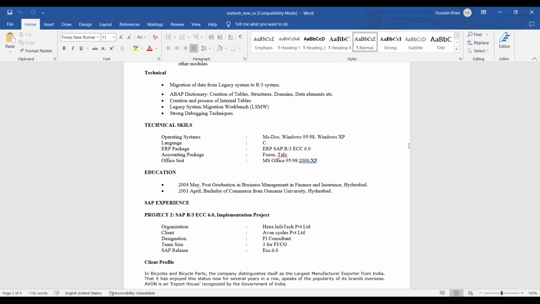Education, so you can start from the descending part, as in first of all you will mention your CBSE or ICSE or state board, whatever board you have. So from which board you have passed your 10th, then your 12th, then your graduation, when you pursued. So accordingly you can mention.